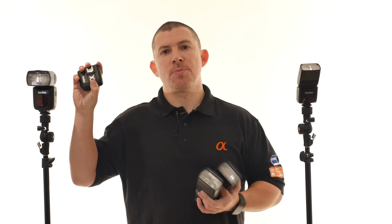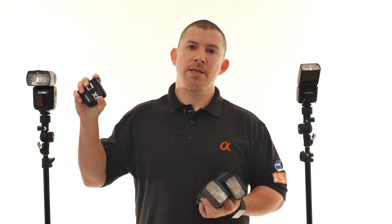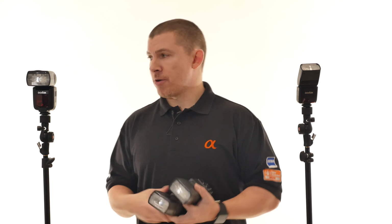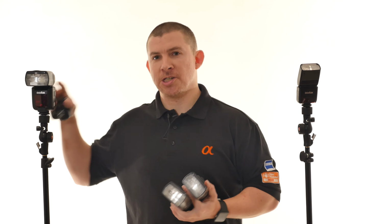Where you can trigger that is normally X1TS. That lets me control the power of this flash and also lets me control the power of the other wireless flashes. Now, you've got a couple of other options if you're going for a full-size flash gun. You've got the